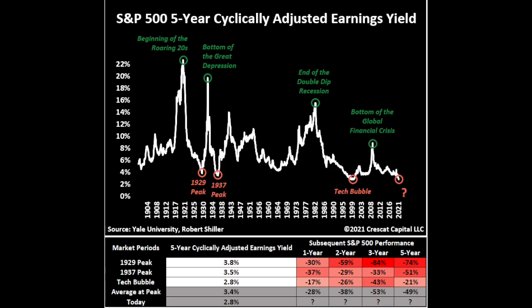But all right, if you really care, here's another picture I found from Reddit. I'll leave it on the screen for you to analyze, but it's the S&P 500 5-year cyclically adjusted earnings yield. Basically, every time that the percent was very low on earnings, guess what happened immediately after? That's right, a giant recession.